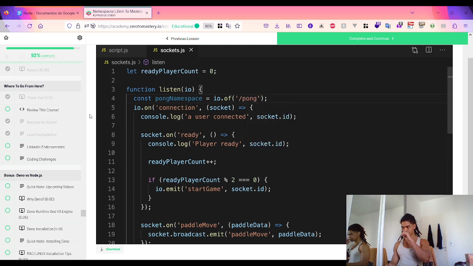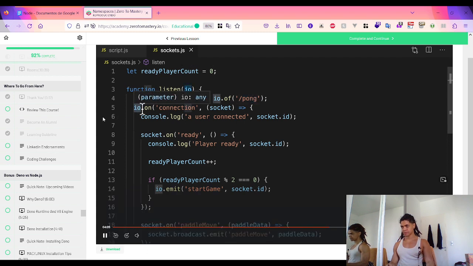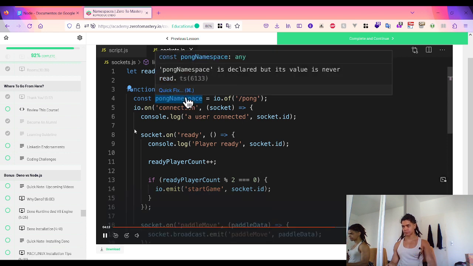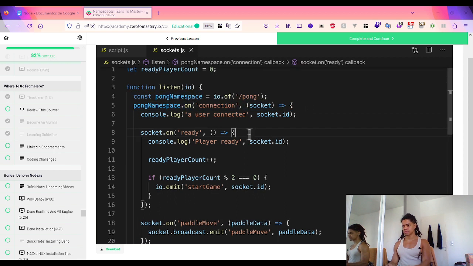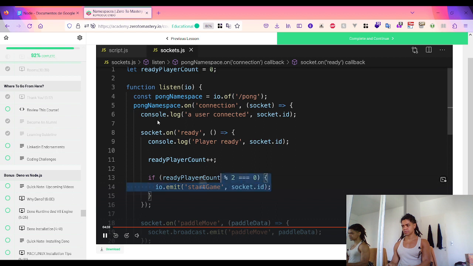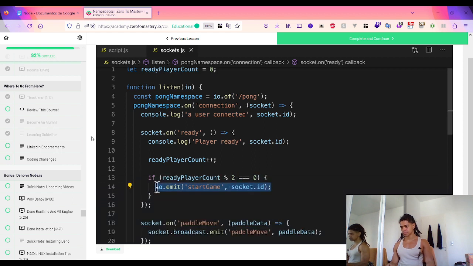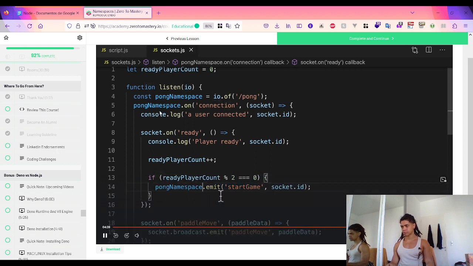So in our case, we decided on Pong. Now, any of the functions that we call on the io object over here, we can narrow down to the Pong namespace. So in this case, if we replace io with the Pong namespace, we're saying that only on the connection to the Pong namespace do we respond to the ready event with a player ready message and start the game. And when we emit, in this case, the broadcast to all connected clients, we narrow it down to the Pong namespace,